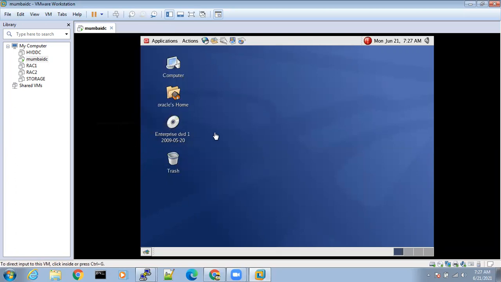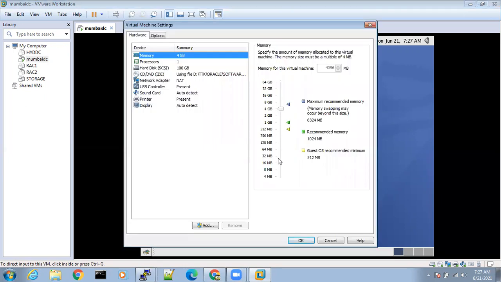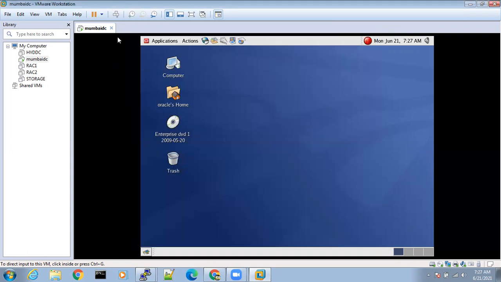Let me check the RAM settings here. It's 4 GB, which is high. We can change it to 2 GB from tomorrow. So we don't have to go inside and come outside every time to perform our day-to-day operations. Only for installations do we need the GUI, the graphical user interface.